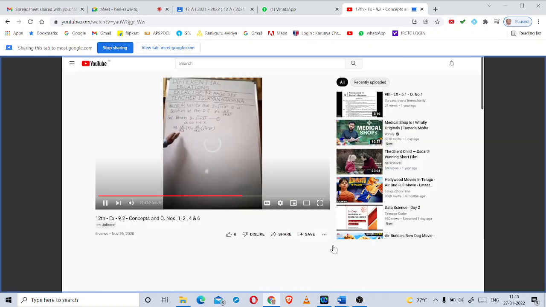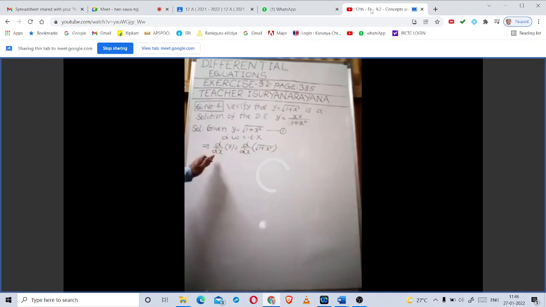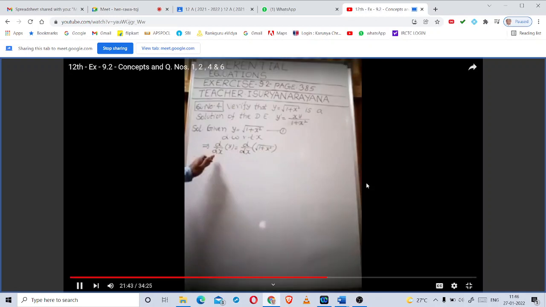Children, this is a step. On both sides, I wrote the differential operator d by dx. Okay, my children, right? This implies d by dx of y can be denoted by y dash. Understood this y dash, my children? Right, is equal to